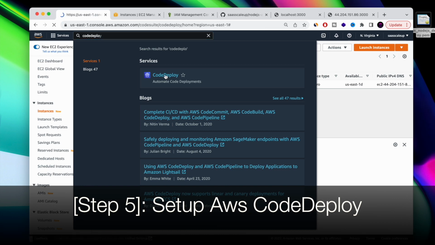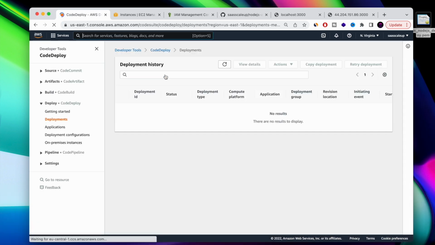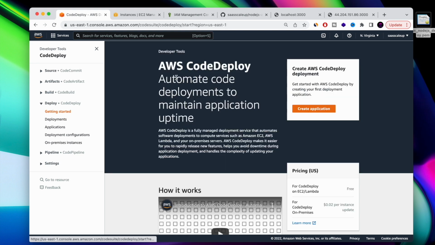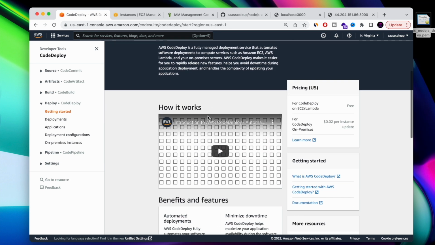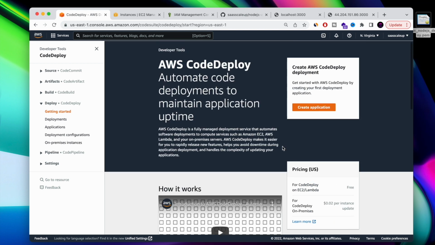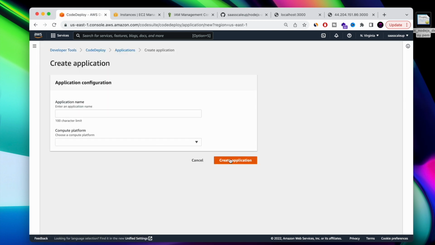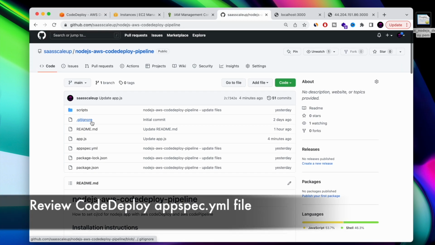Okay, so just type CodeDeploy, and basically you're going to come to the developer tools. You can read about it if you want to further expand your knowledge, and basically press on "Let's start" and "Create application." But before that, I want to review with you the CodeDeploy appspec